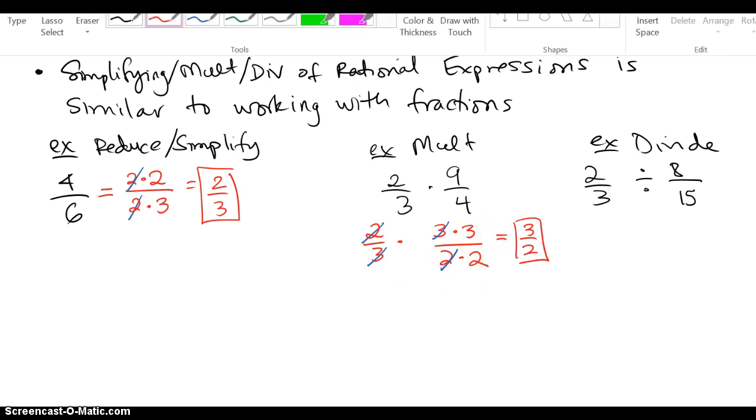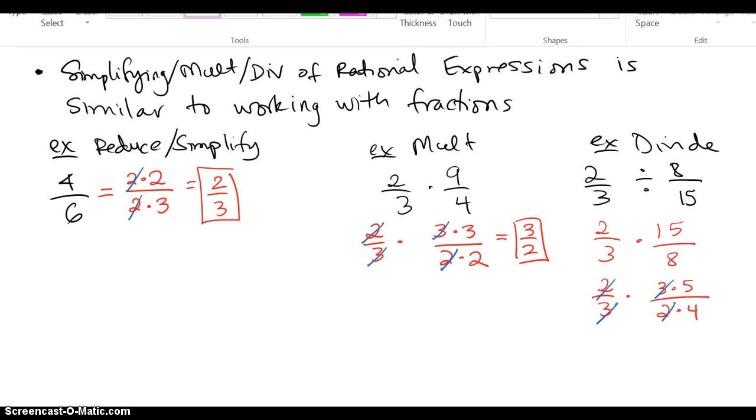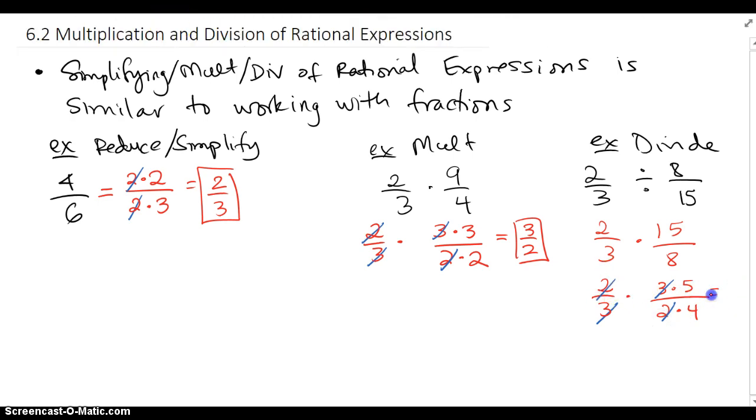How do we do division of fractions? Well, remember, you flip the second one and change it into a multiplication problem. Once I do that, I'm going to go to the extent of breaking up the 15 as factors of 3 and 5, and breaking up the 8 maybe as factors of 2 and 4. The only reason I do that is because I can see common factors from the numerator divide out or cancel out with common factors from the denominator,